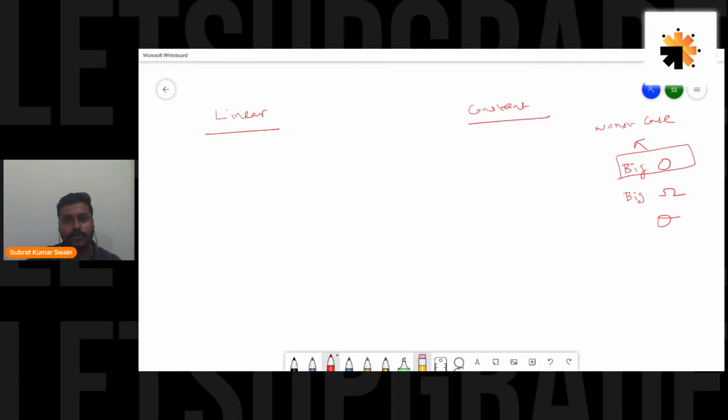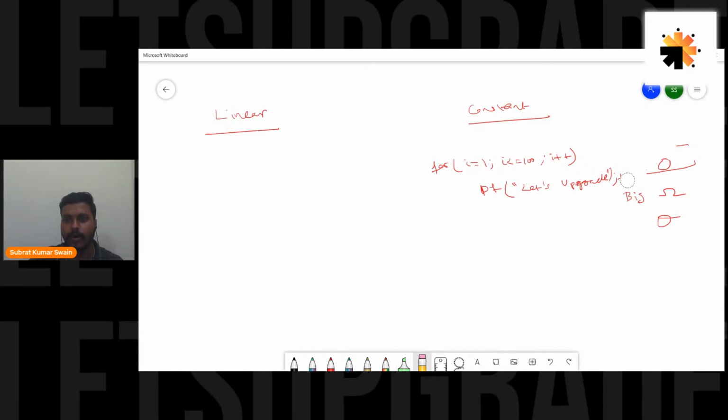Let's take a simple loop and understand this point. Let's say for i equal to 1, i less than or equal to 100, i plus plus. Let's say there is a print statement here. In short form I'm writing PF, guys, don't get me wrong, this is printf. My bad, I'm not very good at handwriting with this stylus. So, i equal to 1, i less than or equal to 100, printf "let's upgrade". How many times would this "let's upgrade" be printed? 100 times, right?